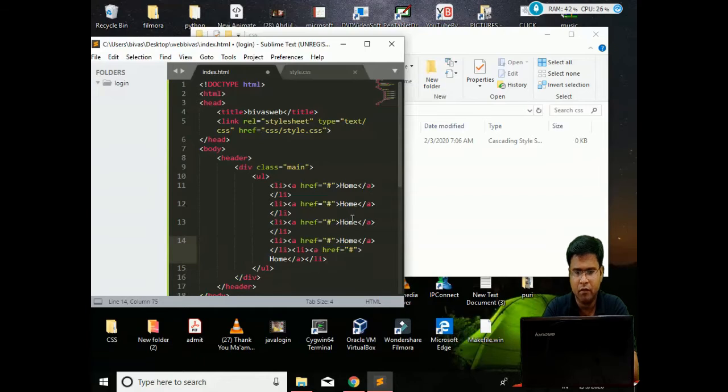So I have taken 4. The first one I will keep as it is. The second one I have given the name about us. Next, coming to the third one, what shall I give? Gallery. Next, I will give the name contact us.